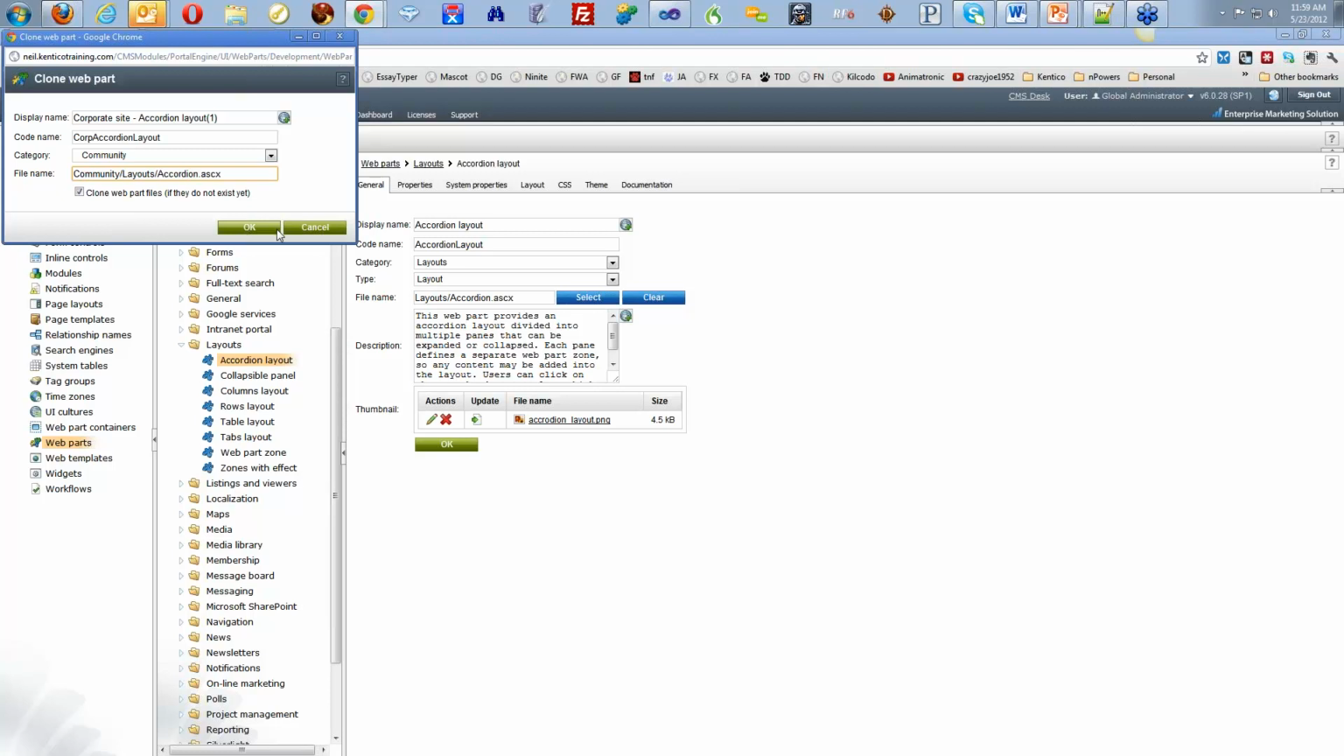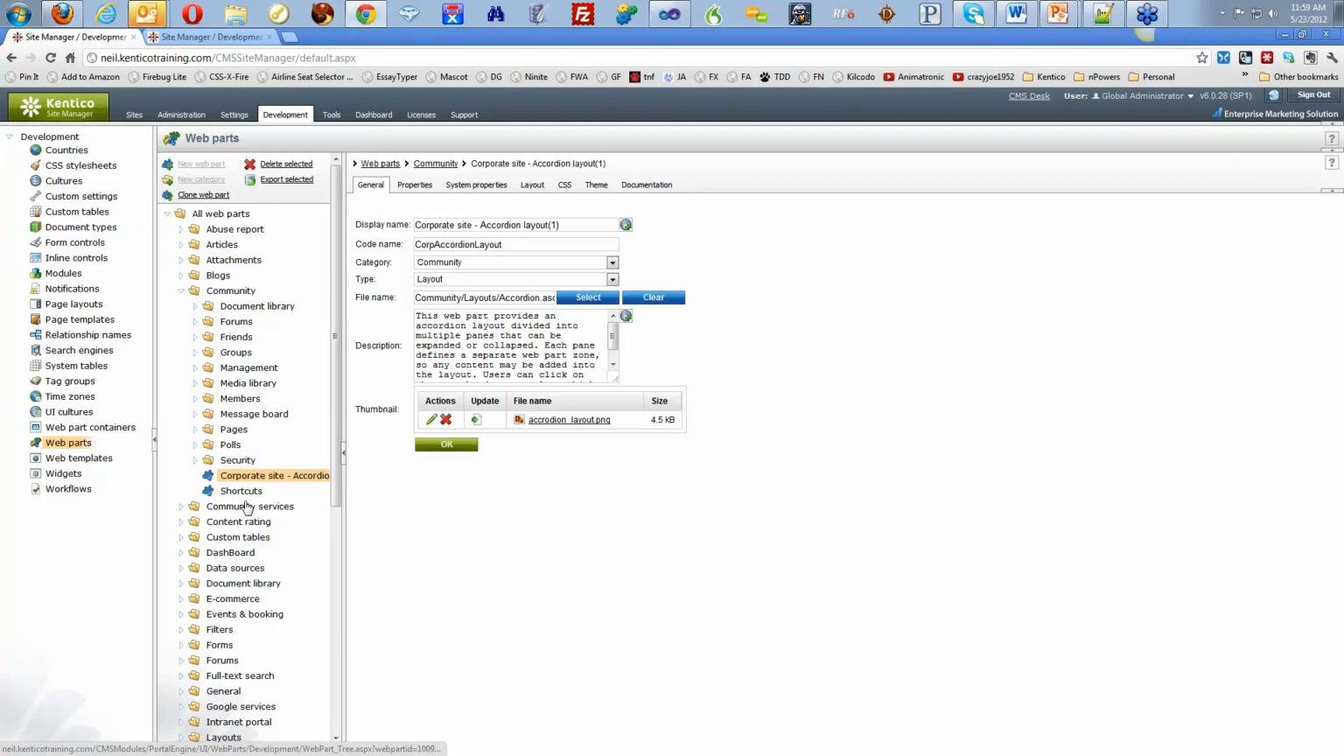And what this will do once we hit clone is it'll actually make a copy of that file physically on the hard drive, but it also re-registers that new file and web part into the system under a new code name. So now you can go into Studio and open up this copy and modify all your heart's content, and an upgrade procedure or a patch or a site import will not overwrite that file unless it's exactly the same